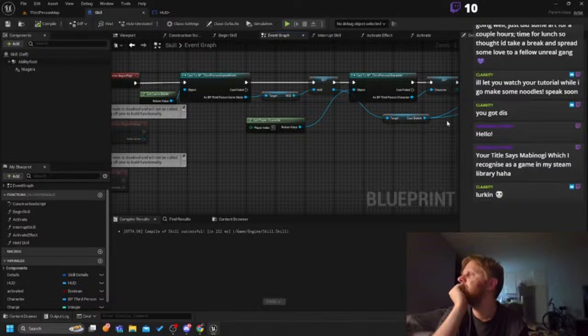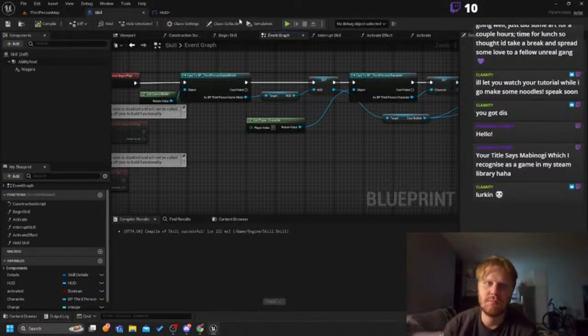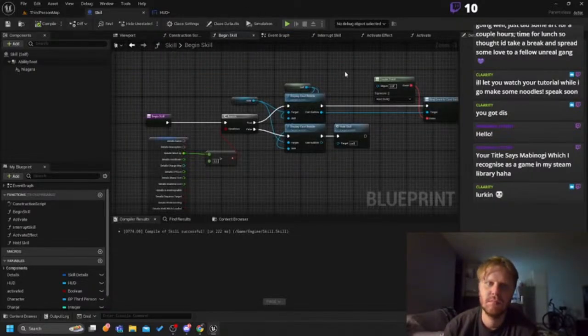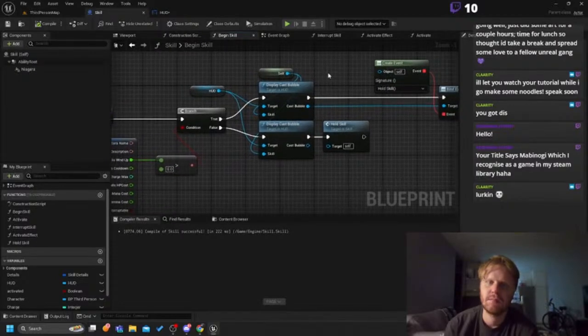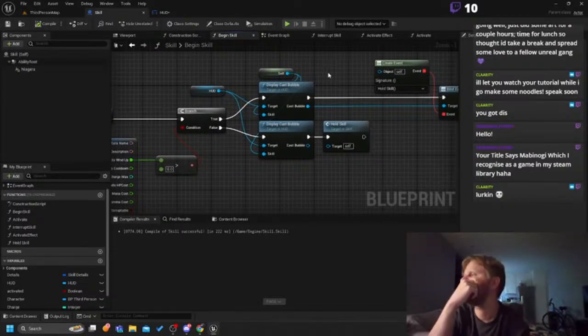Now, it'll ask for an ability to cast. In this case, it's itself, so ability to cast becomes self. And then after that, we want to be able to communicate between the cast bar being successful and then this ability doing something in response to that. So on display cast bar, we need an output here to determine when to bind an event to its cast successful. So I'm going to go onto that cast bar